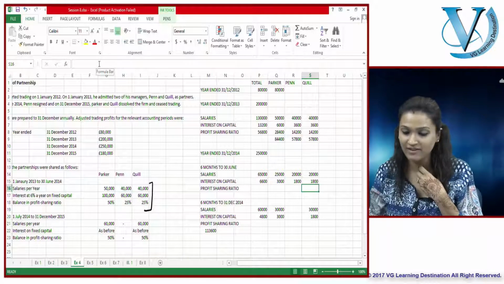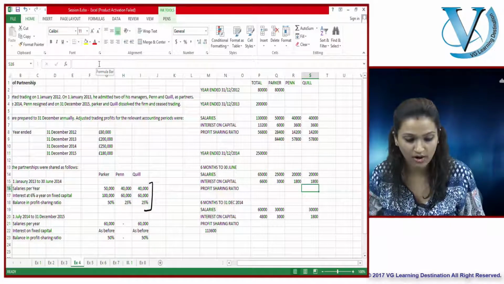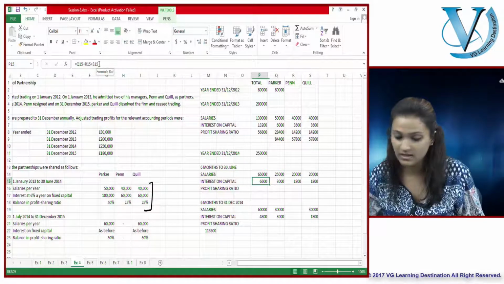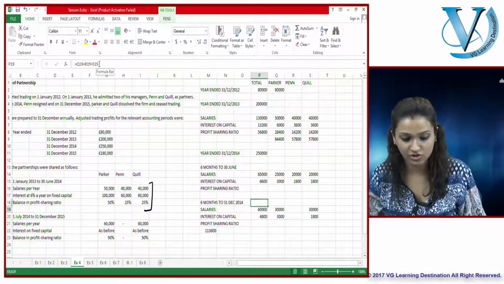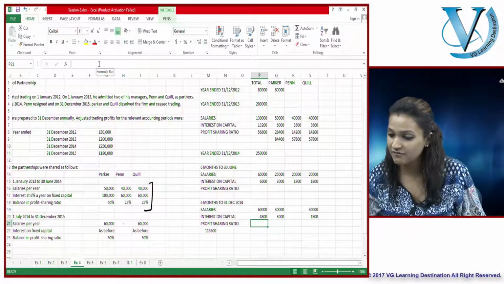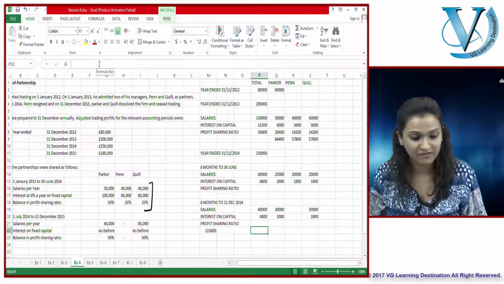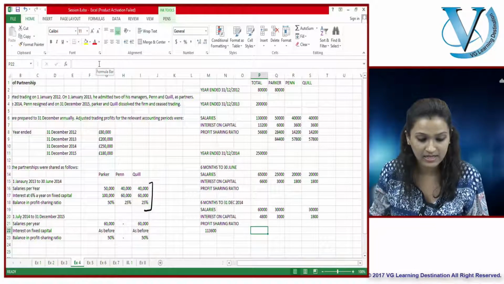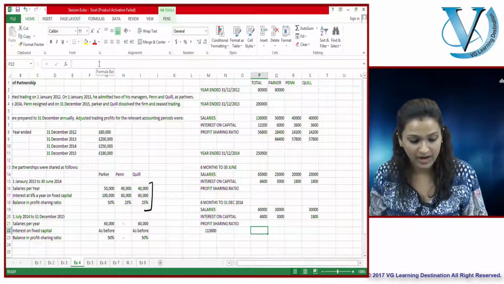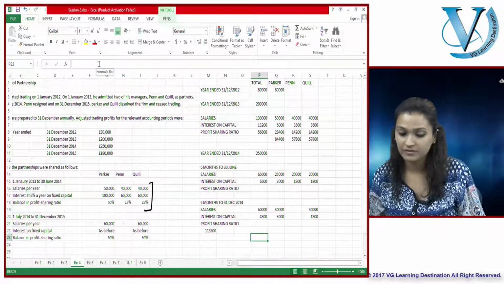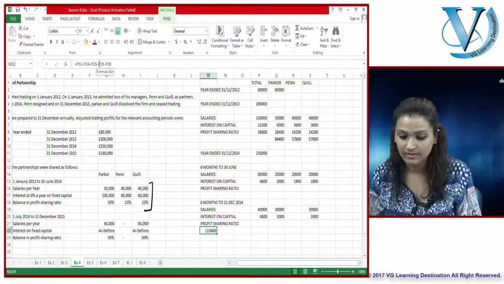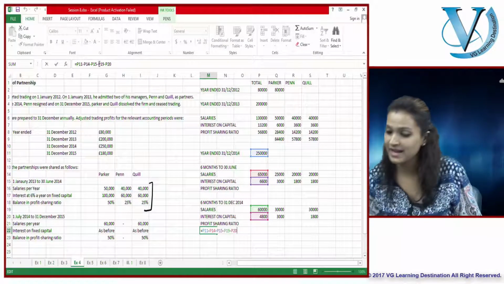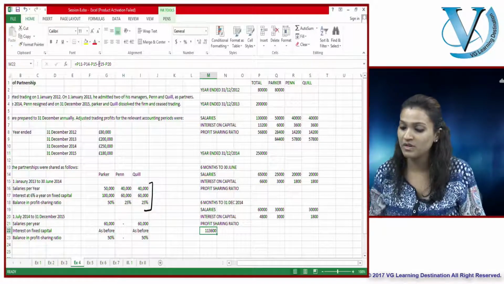Now, how much do I have left? I've also done this, 60,000, 4,800, right? So how much is left? Out of my profit, 65,000, 6,660 and 48. I now have a balance of, let me see how much balance is left, 113,600. I've taken away everything. Yes, I have. So this now needs to be divided in the profit sharing ratio, which is how much?